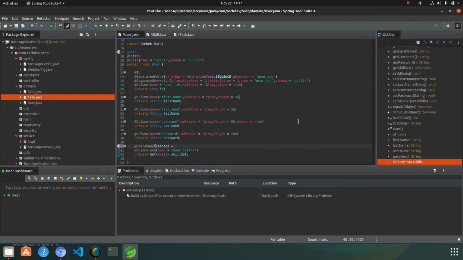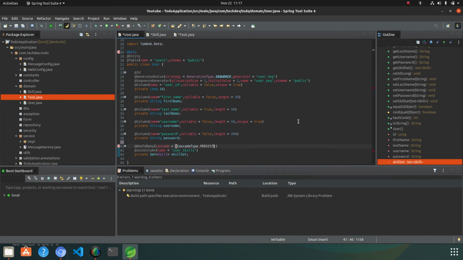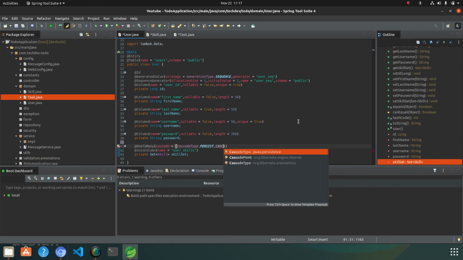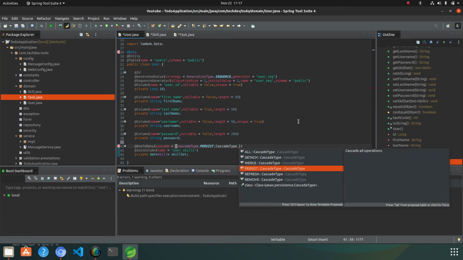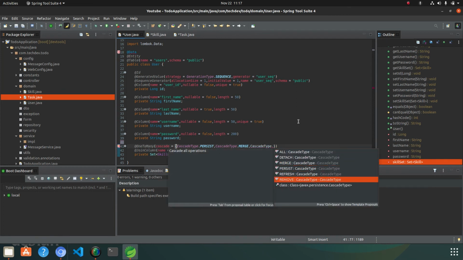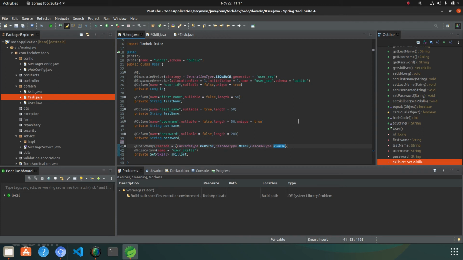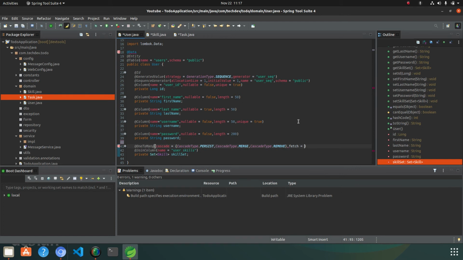The cascade type will be CascadeType.PERSIST, CascadeType.MERGE, CascadeType.REMOVE. All will be required. And another option we can have is fetch.